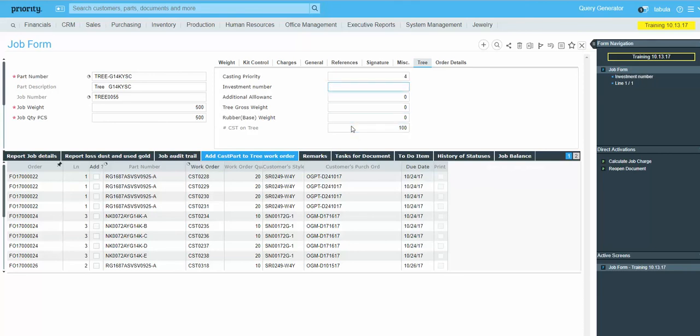Let's say this is my casting priority, my investment number will be 12, and the additional allowance will be 3%. I will add all the parameters here, 66 will be nice, 67, whatever, to get the number I want here, which is 491.1. This is the calculated tree